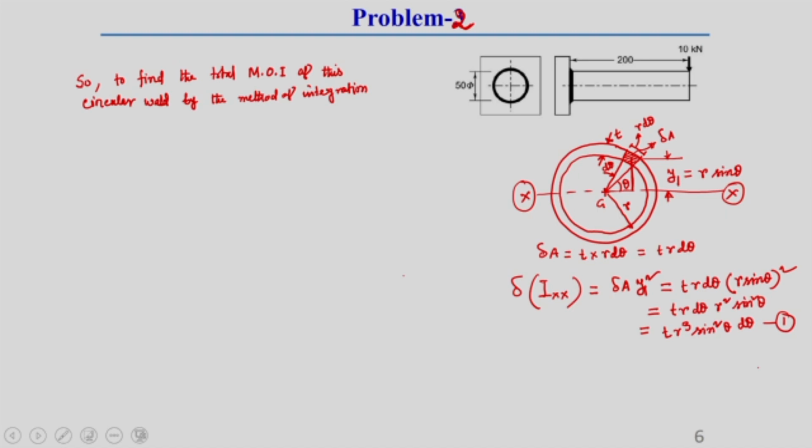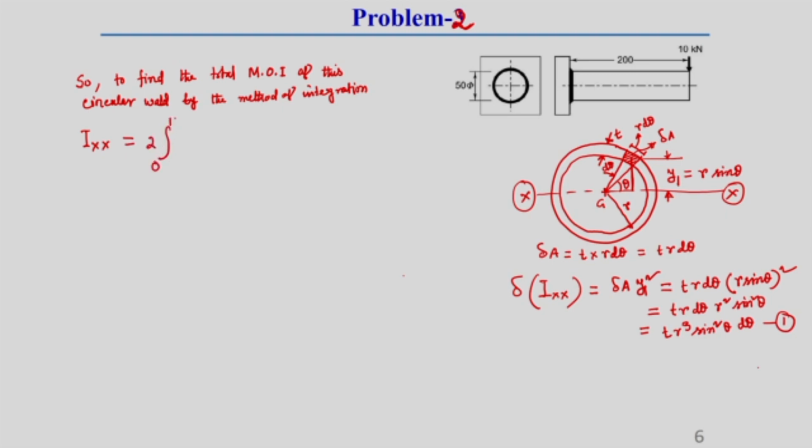Because here, this is the moment of inertia of an annular fillet weld, which is obtained by integrating equation number 1. So, here the total moment of inertia about this x axis will be the integration of